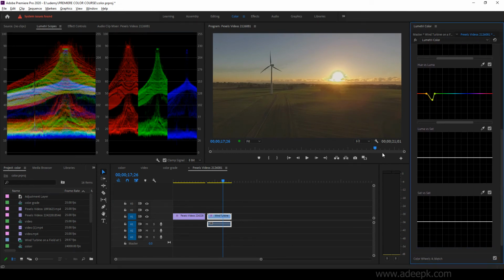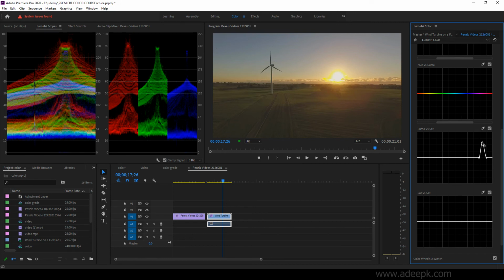So this is the luma versus sat. You are changing the saturation of a selected luma, that is the brightness. So we select the sun here, and what we can do is increase the saturation of that selected luma.